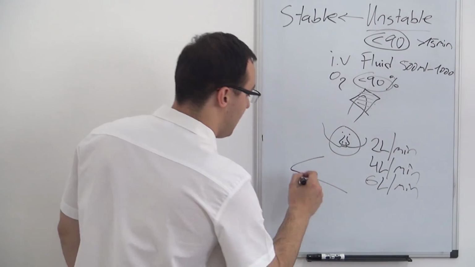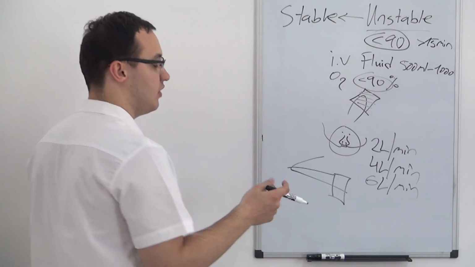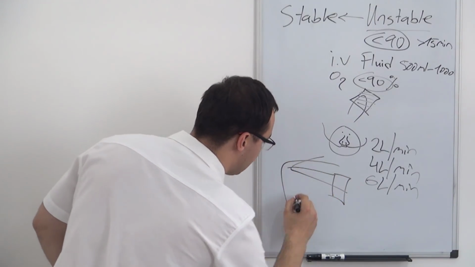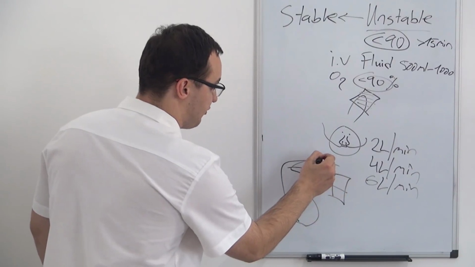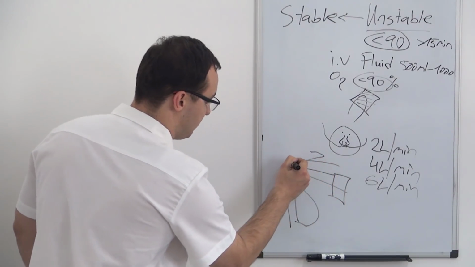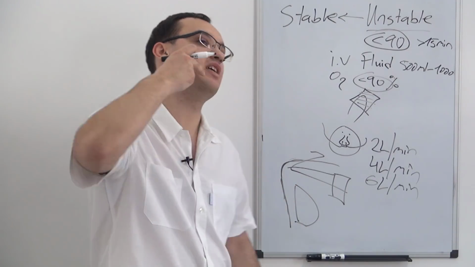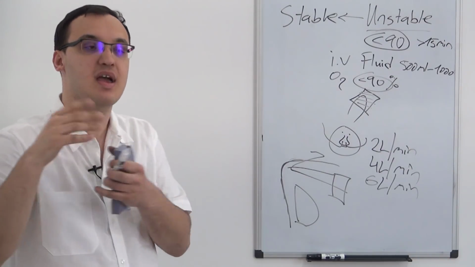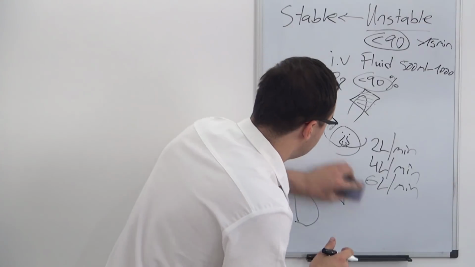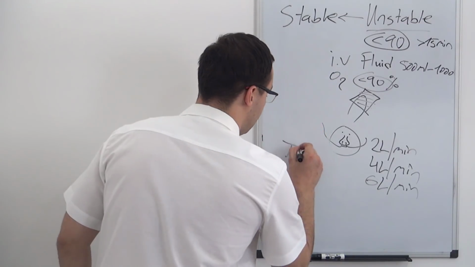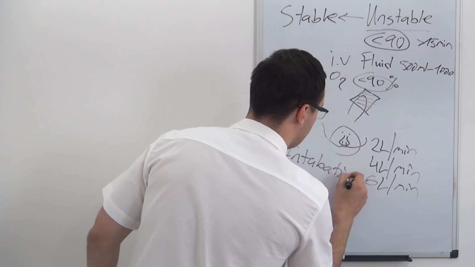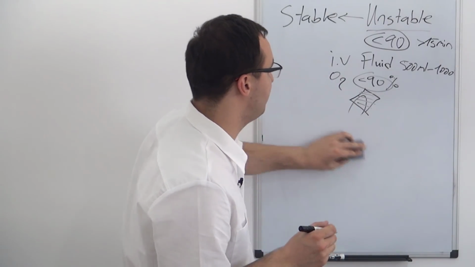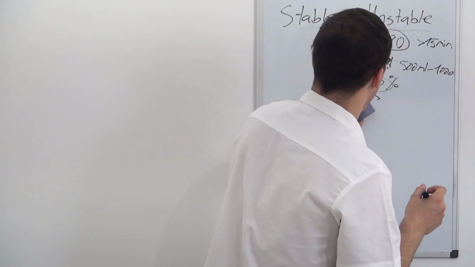So here's a mouth. I put a device here which opens up the mouth. This is called intubation. And then I put a tube into his lungs, through his mouth, through his trachea, into the lungs. And then I can ventilate this patient with a balloon, or give him oxygen with a machine. That's intubation. Okay? So now I have been giving oxygen, I have been giving fluid,